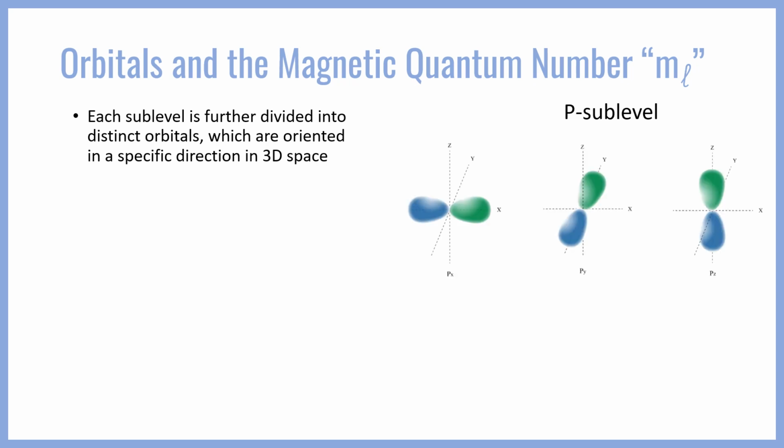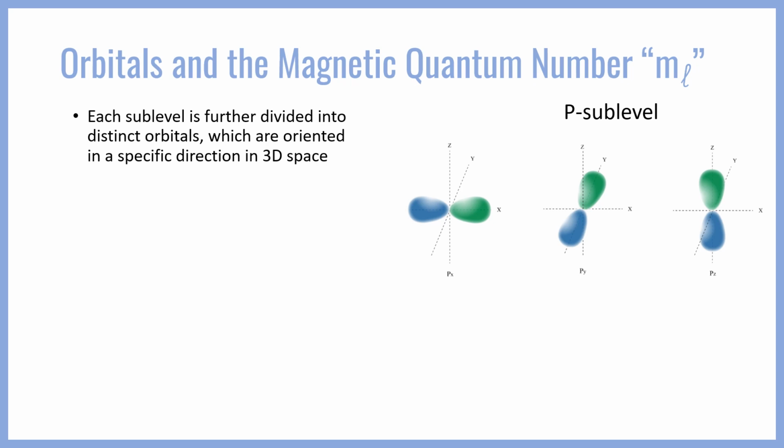For example, let's consider the three p orbitals here. Each p orbital points in one Cartesian coordinate direction, either x, y, or z, which represents the path of this particular electron within the p sublevel within a given energy level. So it's this sort of further spatial subdivision. One electron does not occupy the entire p sublevel, only one of these particular orbits within it, which have these characteristic dumbbell shapes. And these three p orbitals are said to be degenerate, which means they're all exactly energetically equivalent,